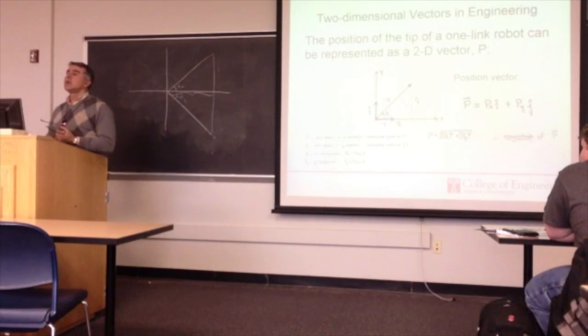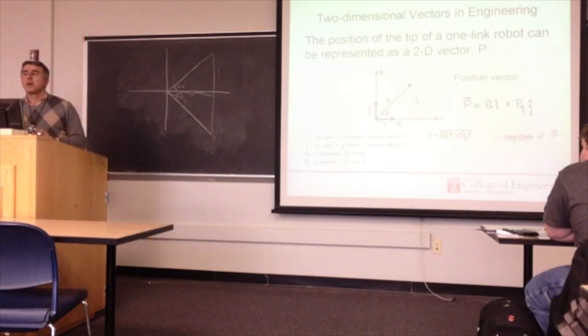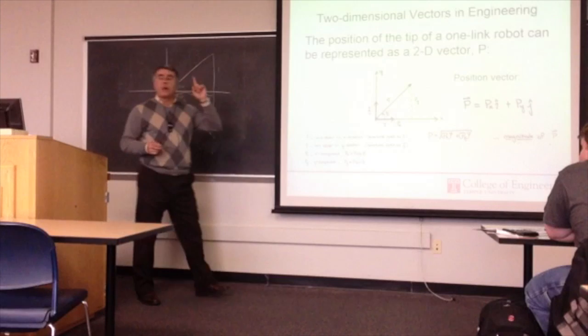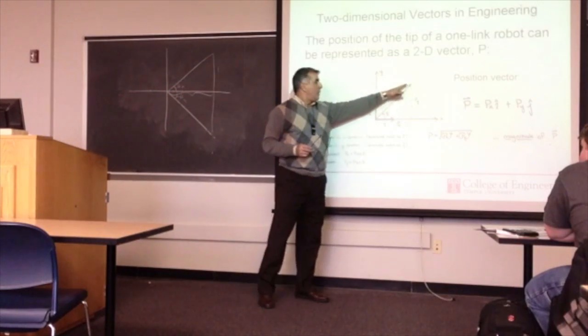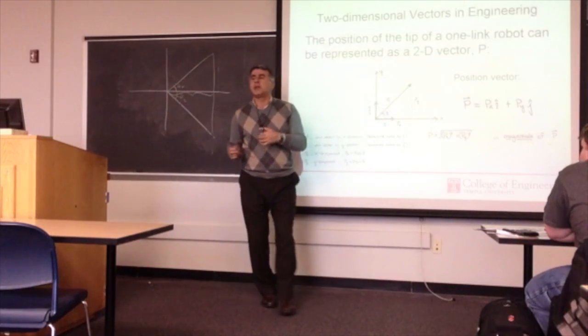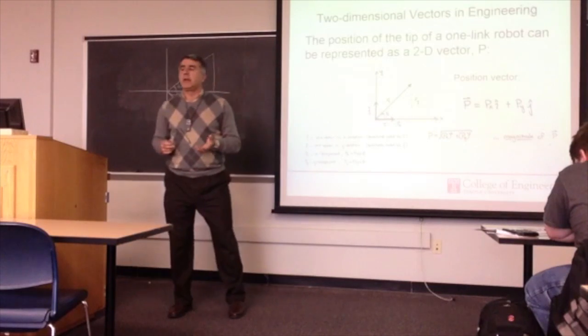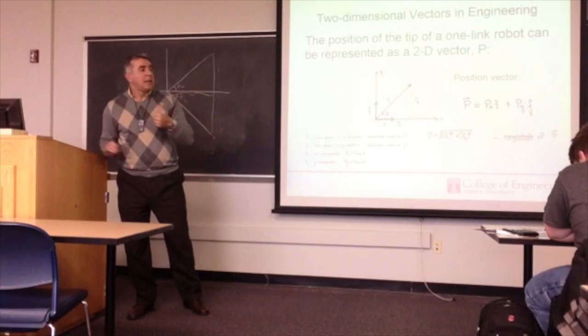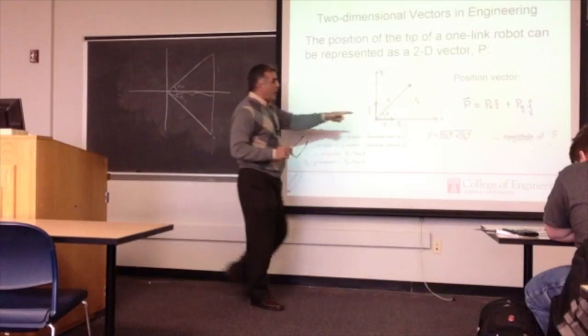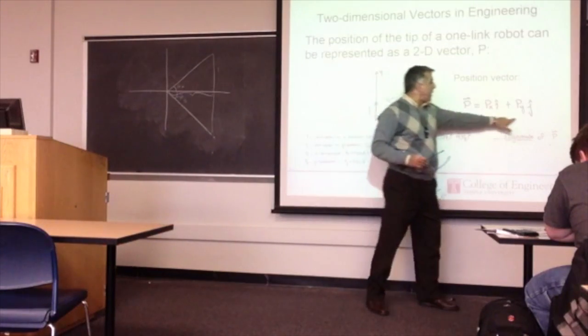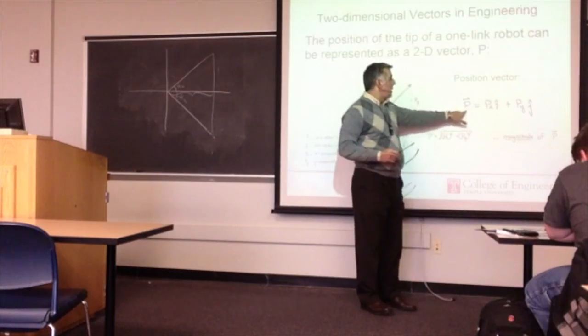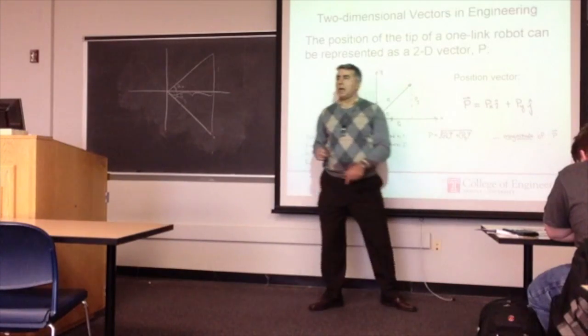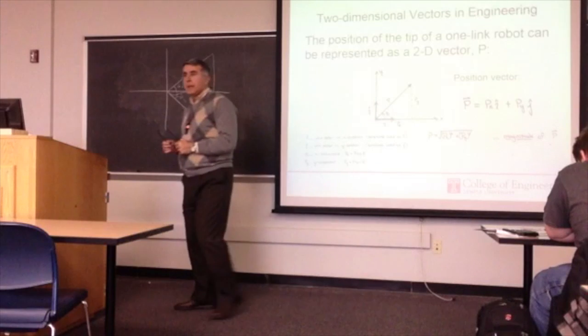Before, you had L, right? Now we're saying that in order to describe it in a vector format, your vector must have a magnitude and a direction. So if I am describing my vector as P bar equals Pxi plus Pyj,